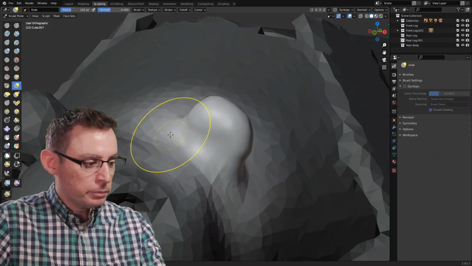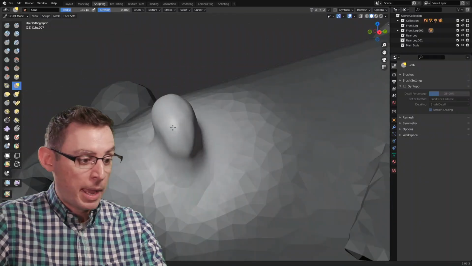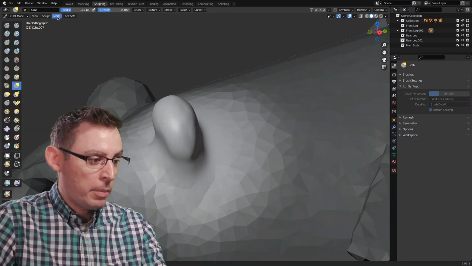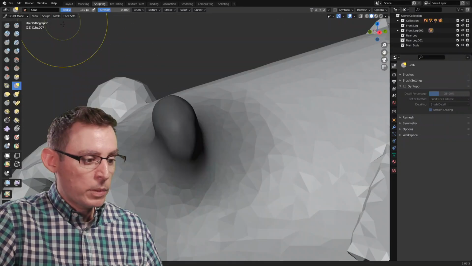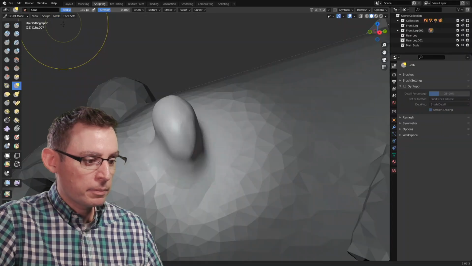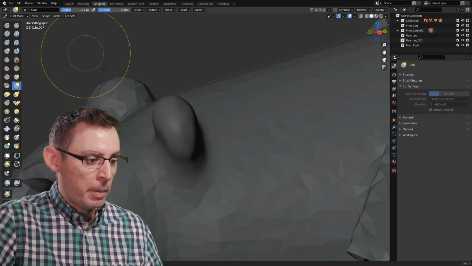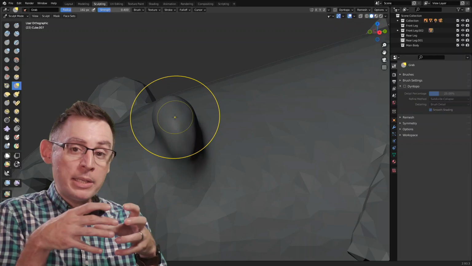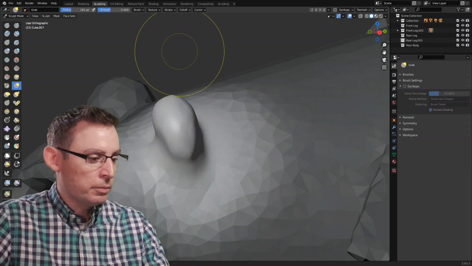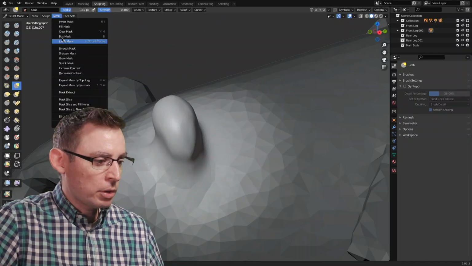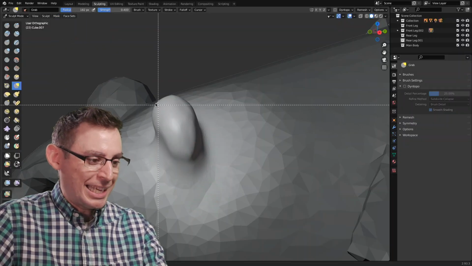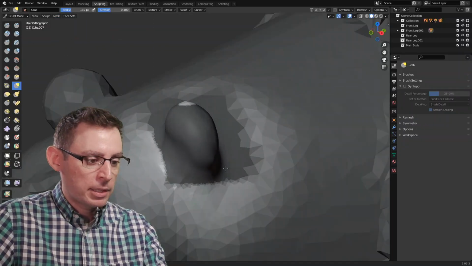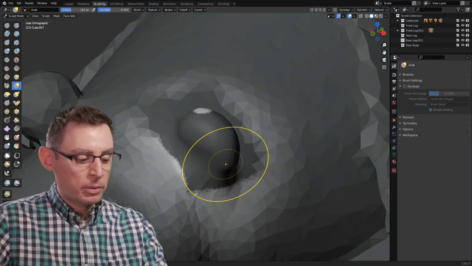Okay. Now there's some other functionalities in our masks that we need to be aware of that come in this pull-down menu. Of course, we can invert the mask. We can also fill the mask, which is going to make that entire white area dark. Okay. Let me hit undo. In addition, we can also do a box mask, which will allow us to drag out a box, and then anything that's inside that box will get masked.